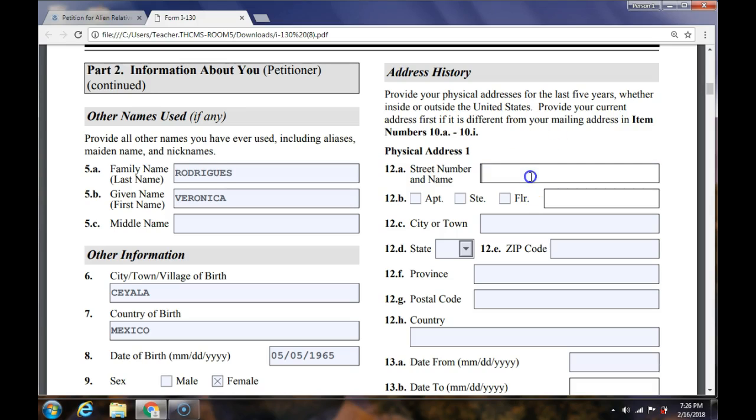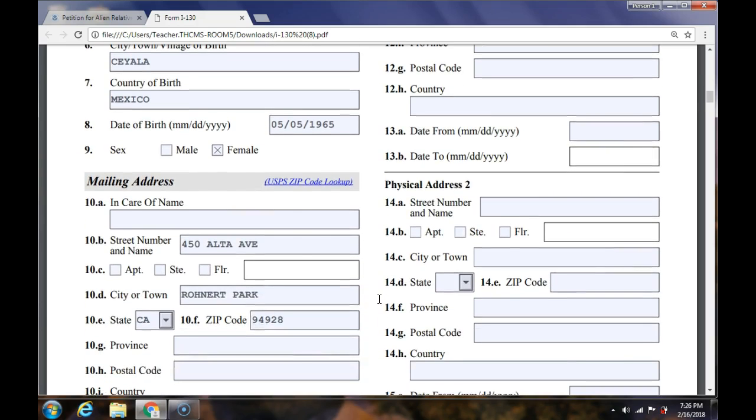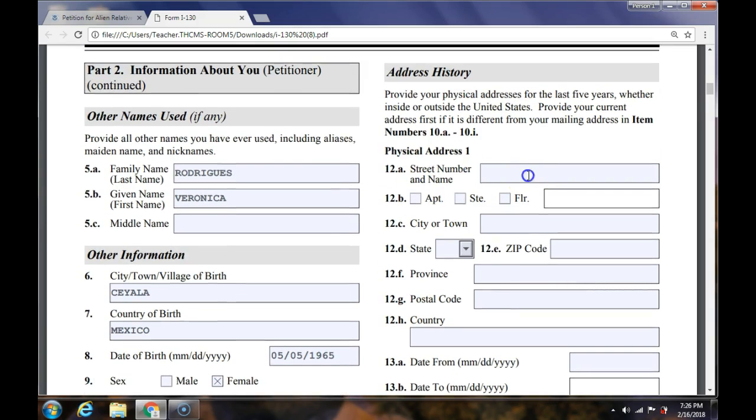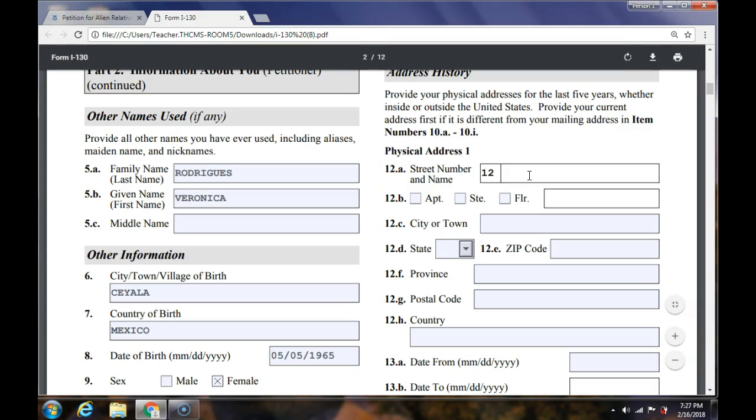This is our mailing address, and we already wrote it down here. If you don't live in the same address as your mailing address, you have to write your physical address right here. And in here, number 12A, if it's different, you have to say